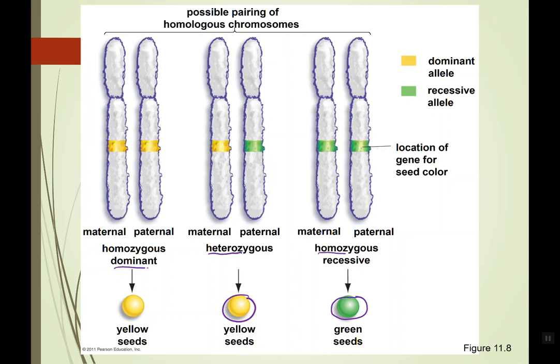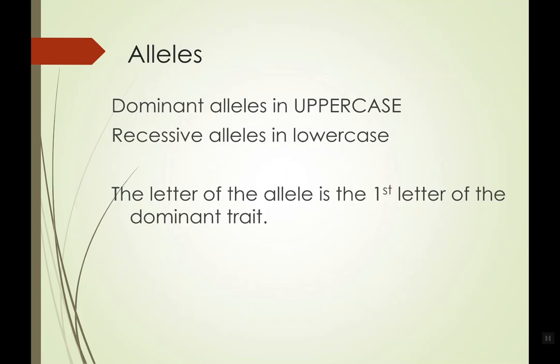Now we have homozygous dominant and recessive. So dominant traits are ones that mask recessive traits. In genetics shorthand, we abbreviate using 2 rules. The dominant alleles are always in uppercase, and the letter of the allele is the first letter of the dominant trait. So the reason I'm doing big Y equals